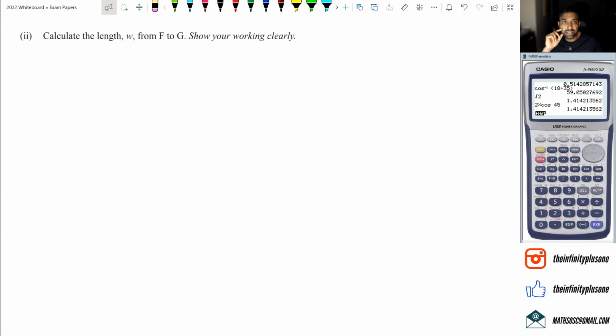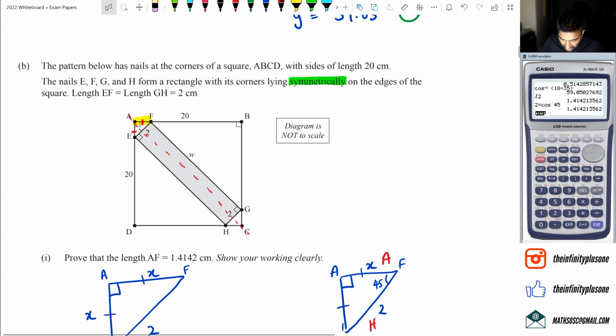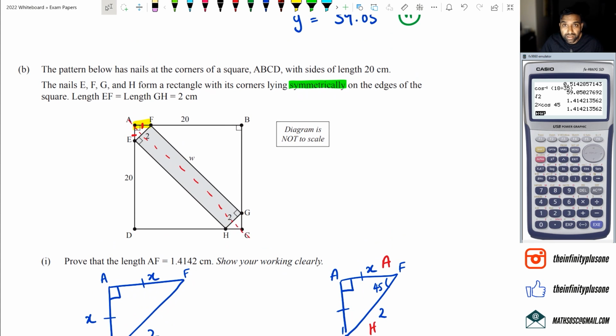The second part says calculate the length W from F to G. I've got to go back to this. So F to G happens to be there. This is what we're looking for in the second part of the question. We are asked to figure out what that distance is. What we do know is that we're going to have to draw this diagram separately, but I'm just going to do a rough sketch first. So the distance 20 is from here to here. Now we figured out what AF is, which is the yellow part. The yellow part is worth 1.4142, which means this green part here is going to be 20 take away